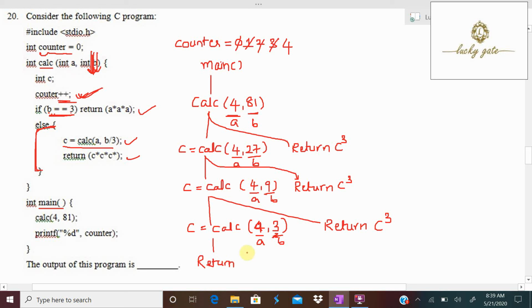a cube, that is 4 cube, is returned to this function call, and to this function call, and to this, and to main. On return to main from this function call, just observe what it is printing. It is printing the value of counter. Now see what is the value of counter after the execution of the function body. Now the counter is 4, so the answer for this question is